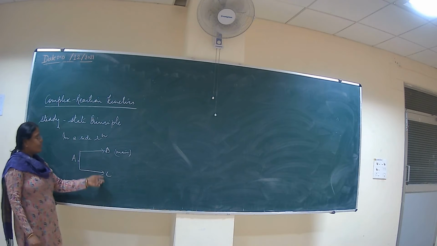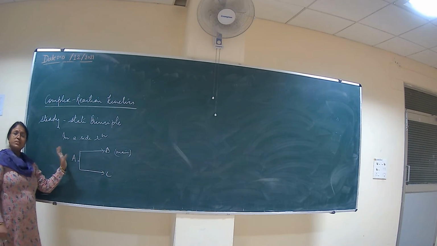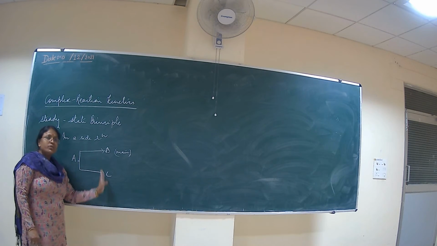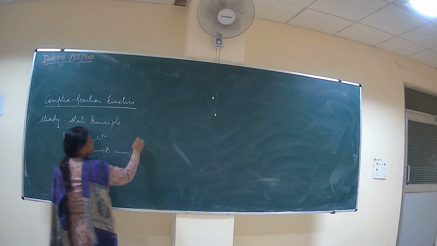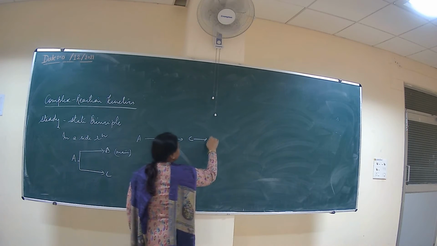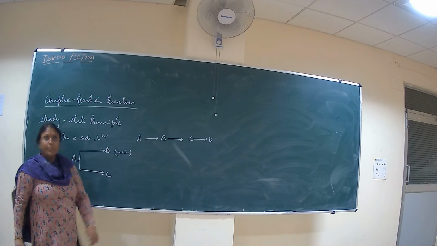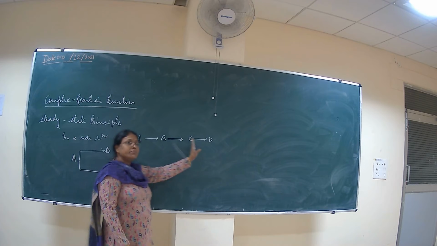Now for such type of reactions, where A is converted into B and C, we have to find out the kinetics. It is very difficult. Or in some reactions, the A is converted to B, the B is converted to C, the C is converted to D. Okay? So it is also a complex reaction having multiple intermediate states.